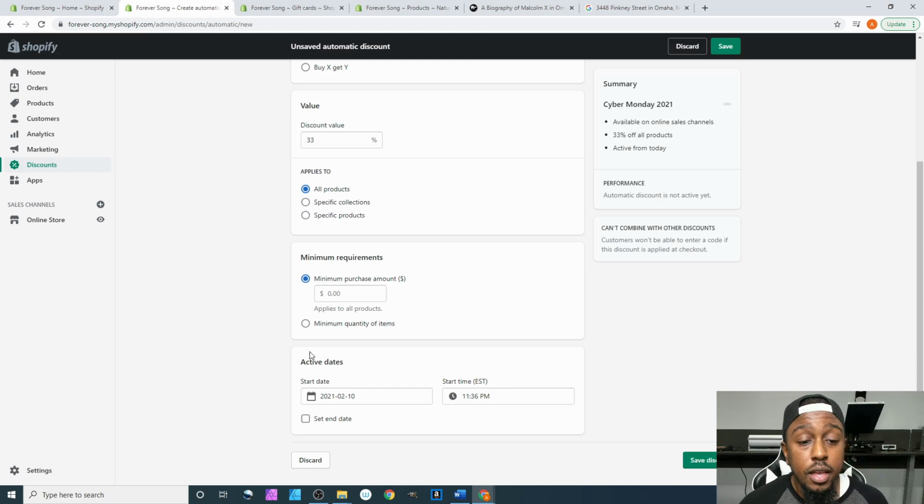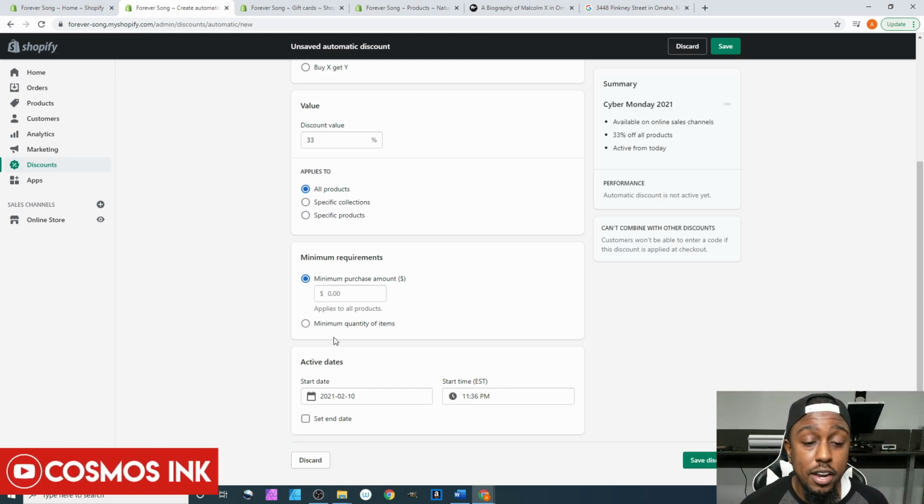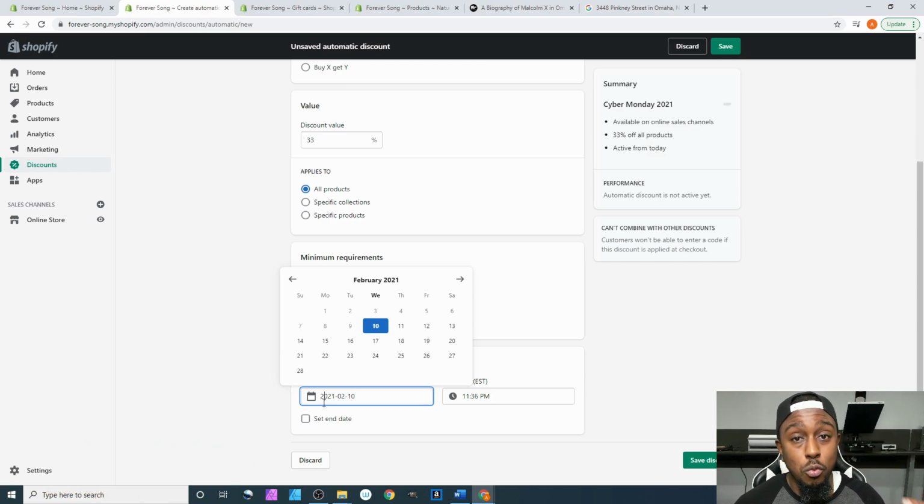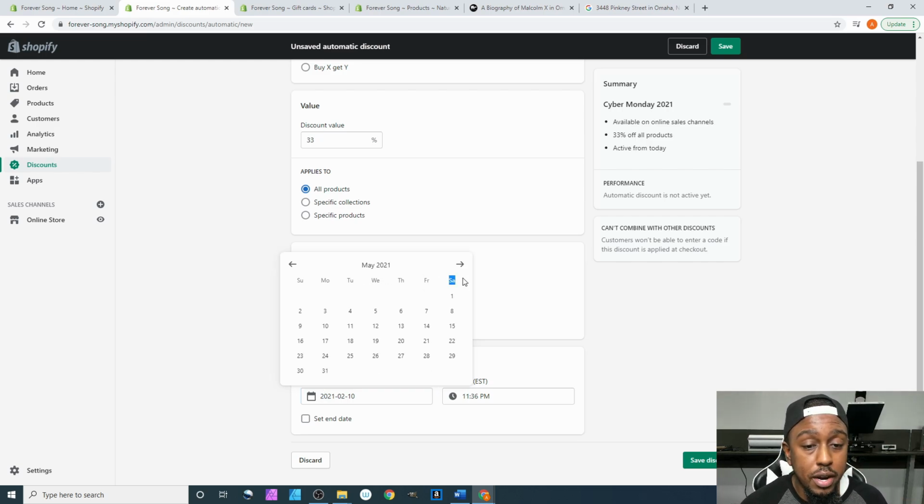Active dates. This is how I get so far ahead of the curve on that, and I never forget about it. Even if I forget to post about it, the system itself won't forget about it because I set it up so far ahead of time. So for now, I can go all the way right now to,